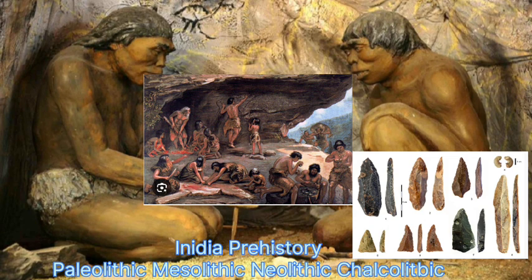by parallel-sided blades and burins. Economy and polity: purely nomadic hunter-gatherers. Subsistence depended on scavenging, hunting wild animals, and gathering roots and fruits. No concept of private property, grain storage, or polity. Egalitarian bands. Society and culture: lived in open-air river valleys, caves, and rock shelters. Bhimbetka, Madhya Pradesh, exhibits rock art and paintings belonging to late Paleolithic through subsequent periods.